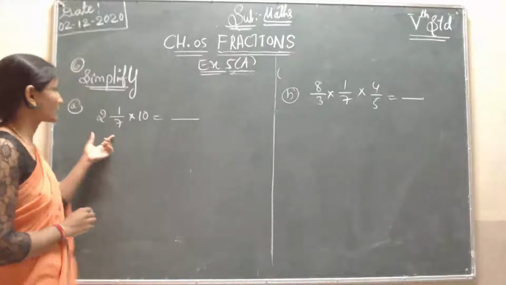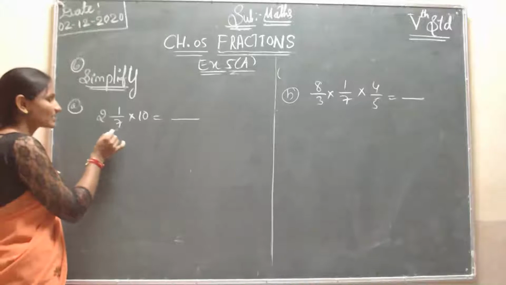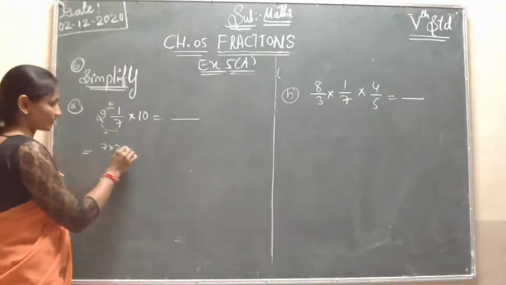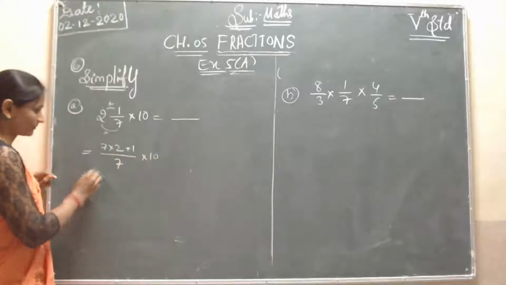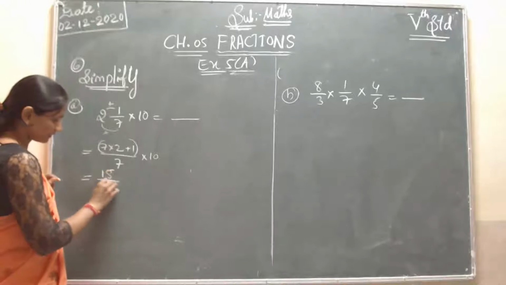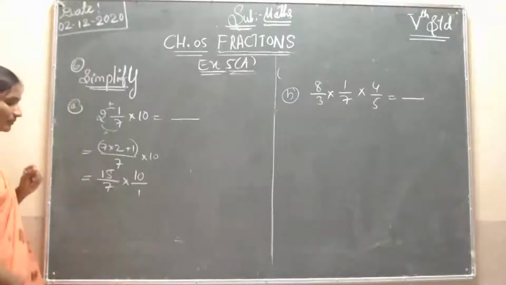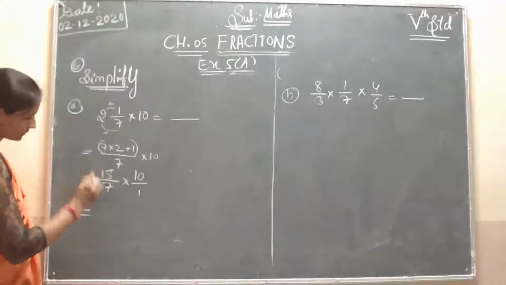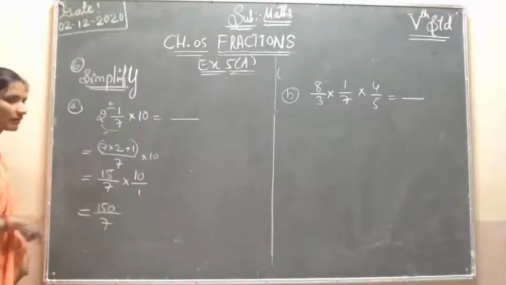So first step: in this question, the number is given as a mixed number, so you have to convert it to an improper fraction. Yes, students, what is the first step? These two numbers have to be multiplied. First step, 7 into 2, and this is plus, so plus 1 by 7, into 10 is next. 7 twos are 14, 14 plus 1 is 15. 15 by 7 into 10. Since no denominator is given, consider it as 1. Students, you know, you have to do cross multiplication here. So 15 into 10 is 150, over 7. So 7 means you have to